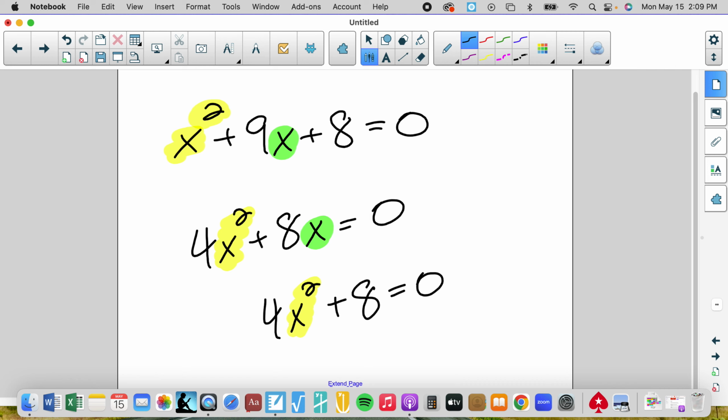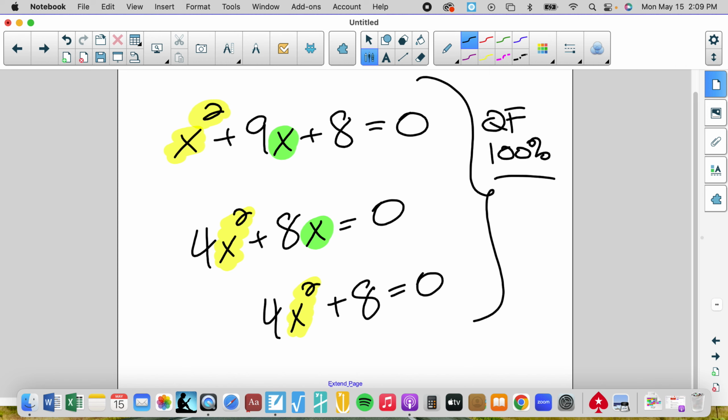Keep in mind that in all three of these we can use the quadratic formula. That's the beauty of the quadratic formula: it works 100% of the time. Now, we know that we have a times c. We can factor some of the times, not all the times, when maybe there's a common factor. And today we're going to use solving